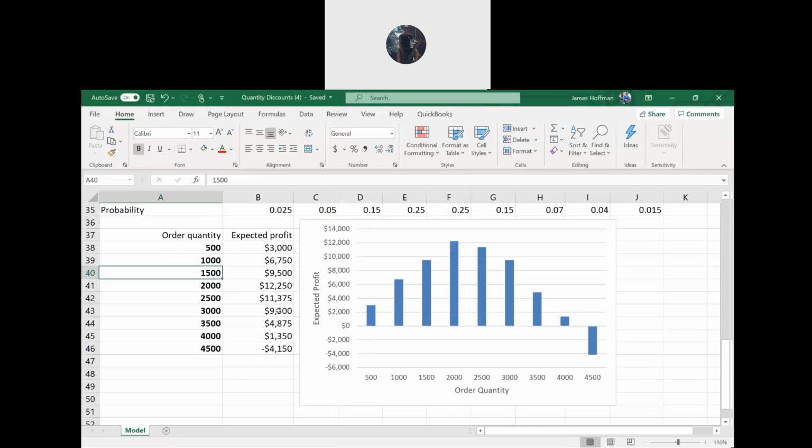Okay, so you can probably see which order quantity gives us the highest option. It's 2,000, right? But if you had a bigger range, it might be nice to confirm it with the conditional formatting. So if you want to go over here, select B38 to B46, and under Home tab,